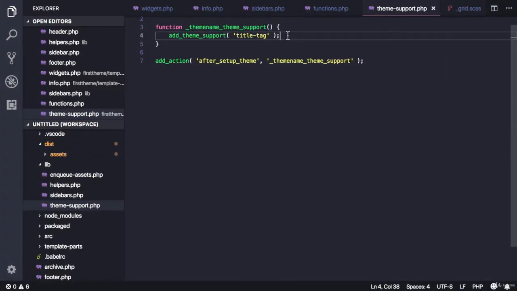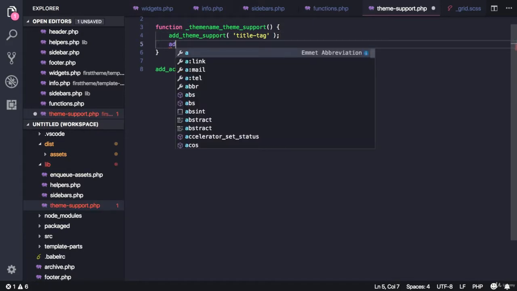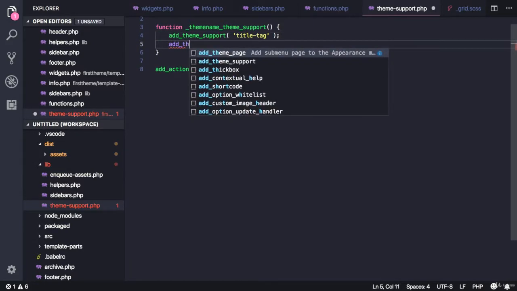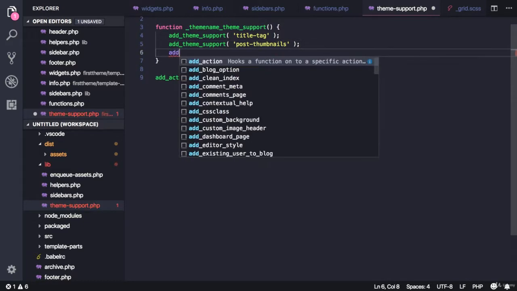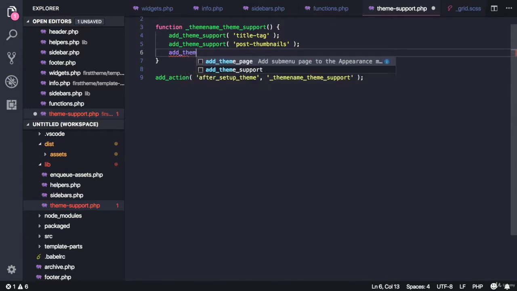So some other features that we will need to add is, you know, when you create a post, you have an option to add the thumbnail, and this is not supported by default. So we have to explicitly mention that we would like to support this. So post thumbnails, and we'll add other features throughout the course, but let's add the one that we need now,